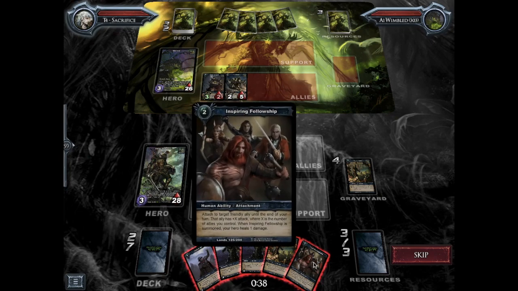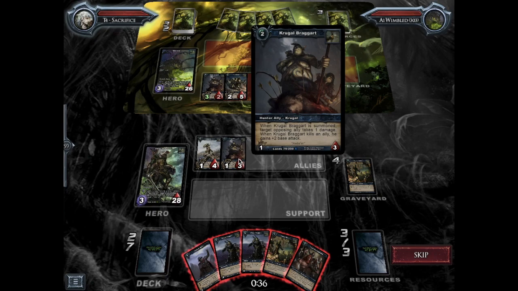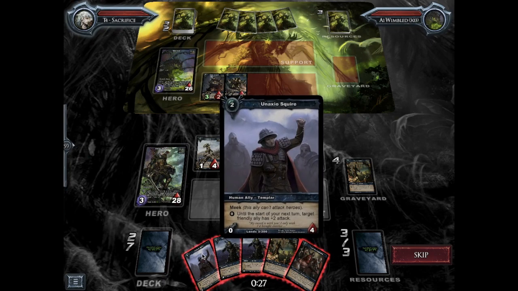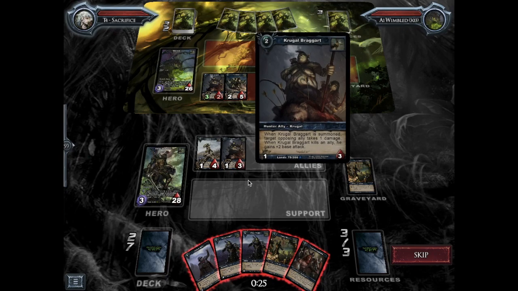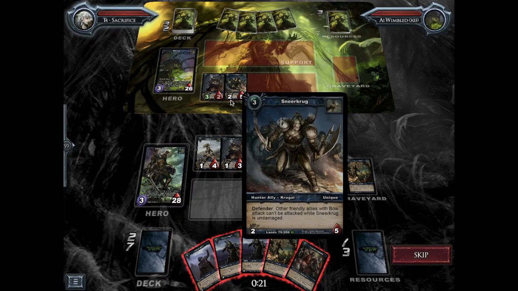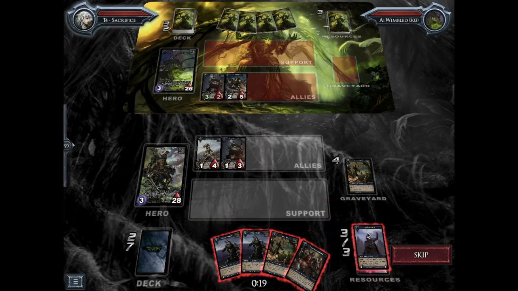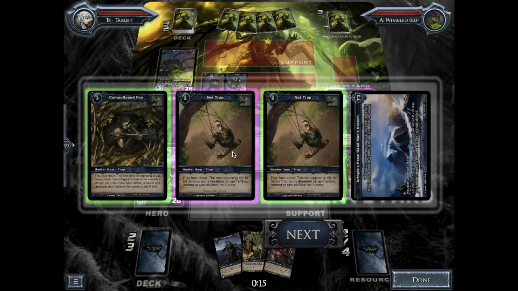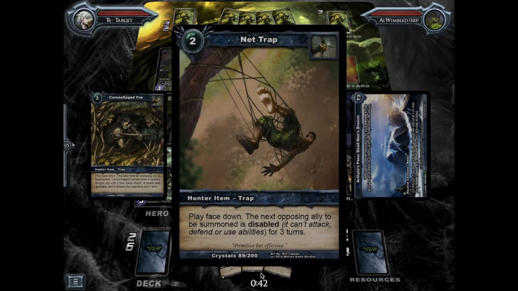So I want to use Inspiring Fellowship on Braggart right now. So this is a tricky situation here. And that's only going to give him 2 attack, and that's not enough to kill the Sneerkrug. So actually, I'm going to go ahead and sacrifice that ally, even though that would have been pretty nice to have. I'm going to grab Net Trap,